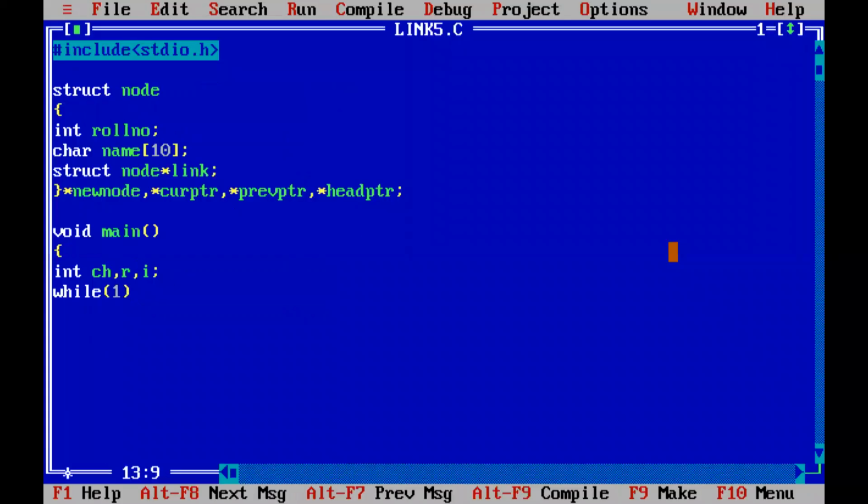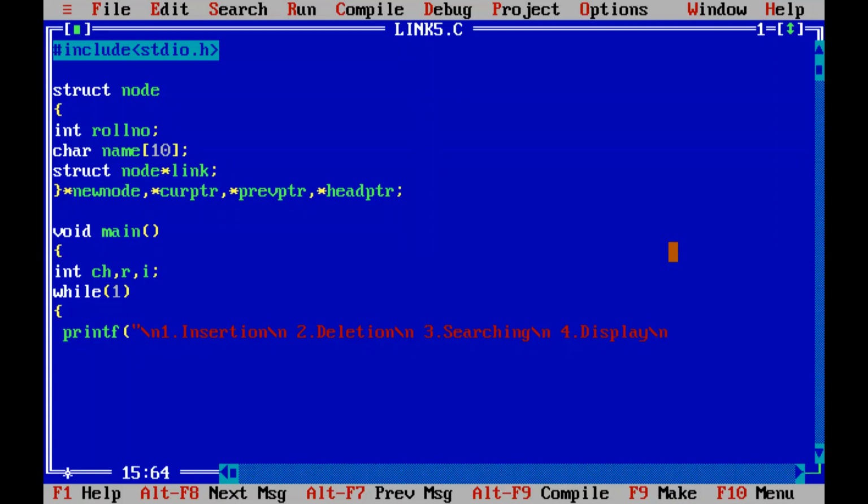While one to make it an infinite loop, you will be displaying the menu. So menu will be printf. In that, the first operation will be insertion, right? If you want to have a new line, you can give it as backslash n. The second one is deletion, right? Deletion they have asked, and after that new line you can give 3. Third one is searching. Searching is the third operation, new line. And then the fourth operation is display.